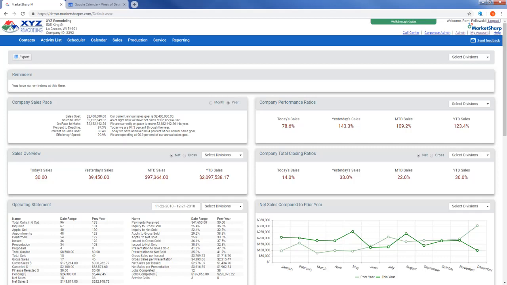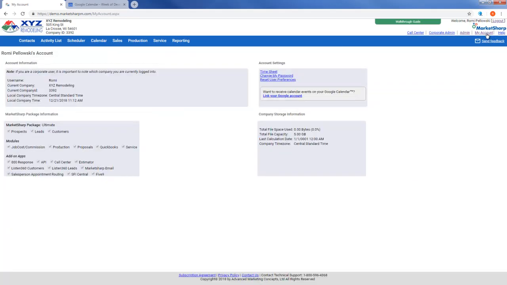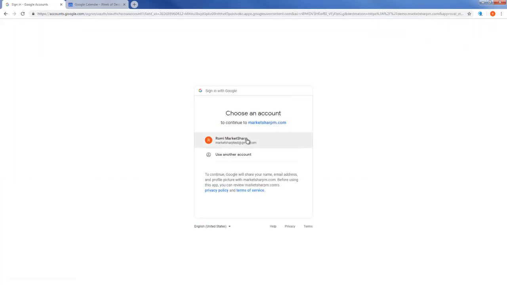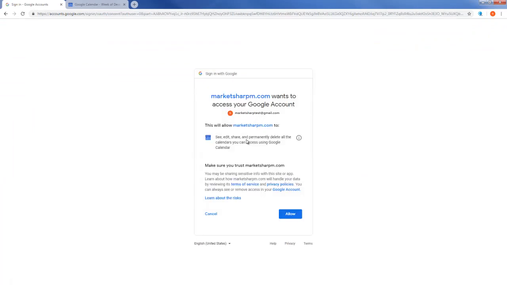The next item we're going to go over is actually implementing the Google integration. Now to do that, all accounts that would like to be integrated need to be logged in as themselves here. And then click on My Account. Here you'll see Want to Receive Calendar Events on your Google Calendar, with a link that will take you to where you can log into your Google account. So we'll go ahead and log in, allow access,